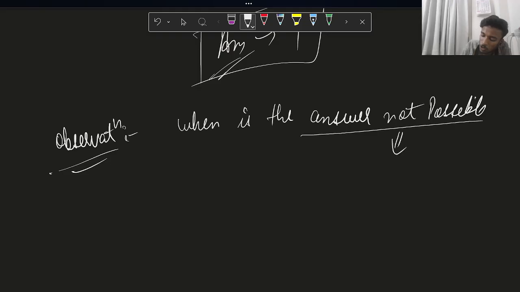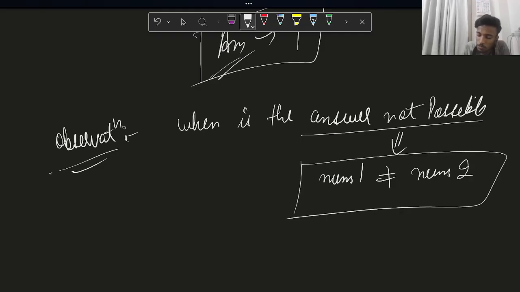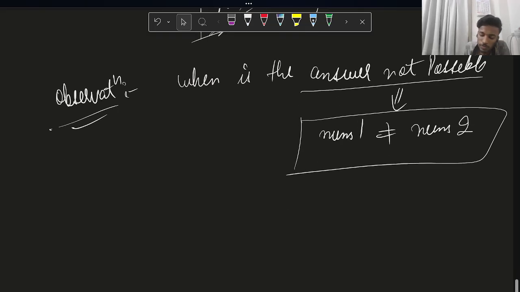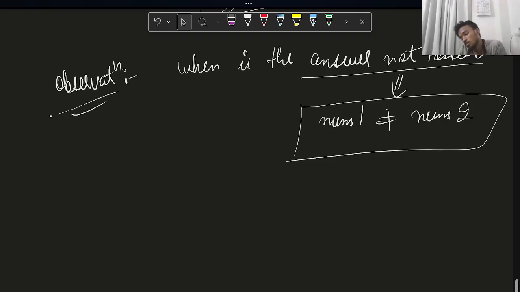What does not possible mean? Not possible means that nums1 can never be equal to nums2. Whatever operation you do, nums1 can never be equal to nums2. So when will that happen? In order to make nums1 and nums2 equal, all of the elements should have an even frequency. Like nums1 equal to nums2